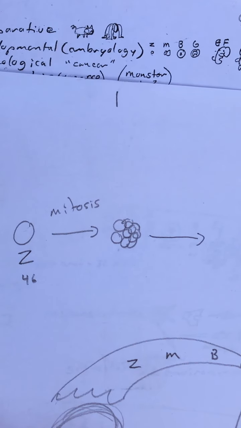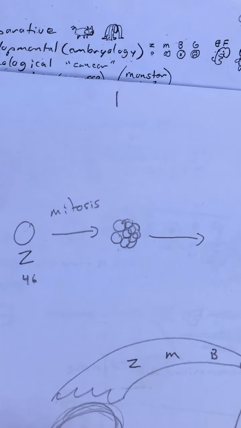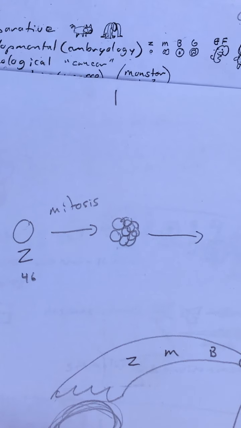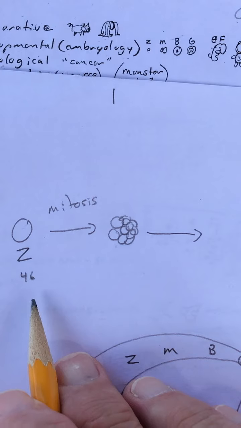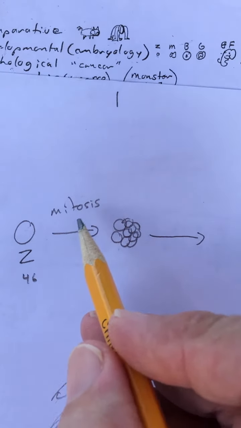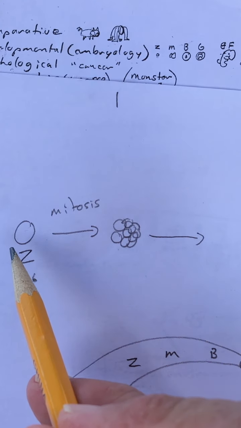You're like a very good research paper. You have at least 2 good sources of information. Half from mom, half from dad. You don't look exactly like mom. You don't look exactly like dad. You're a new creation. Well, under the process of mitosis, you can take this one cell and divide it into